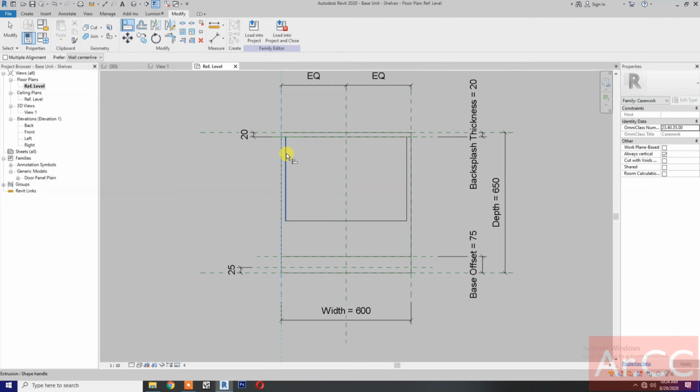align, select this reference plane, select the edge of the shelves and lock. Okay, select and lock. Next, select this reference plane, select this edge and lock. Okay,